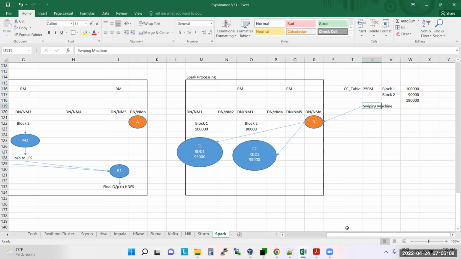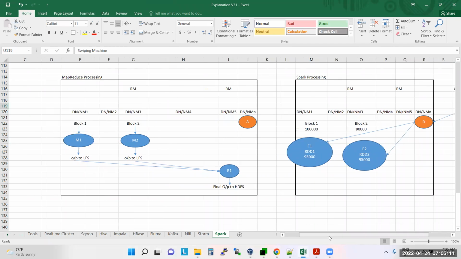Understood? But if you see the same case with MapReduce programming, every time the swiping machine will launch one new application master. That new application master will launch mappers, load the blocks into them, then write the output into the local file system. From here, reducers will load the output into memory and finally write the output. Yes or no? So in case of MapReduce, if I use the same program,